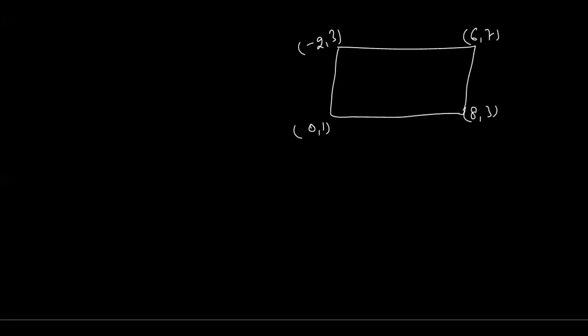Okay, so what you need to do is simply calculate the midpoint of these two. If the midpoint coordinate is the same in both cases, then this option will be correct. You can simply check this easily. 6 plus 0 divided by 2, you will get 3, and here you will get 4. 3, 4 is the coordinate of this midpoint.